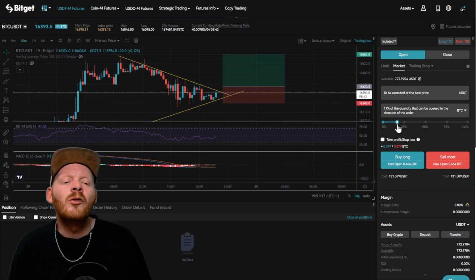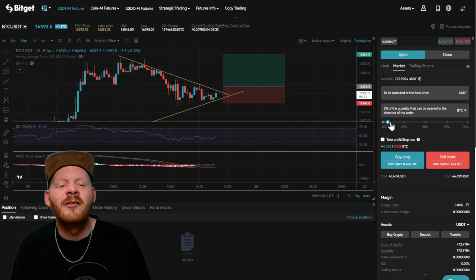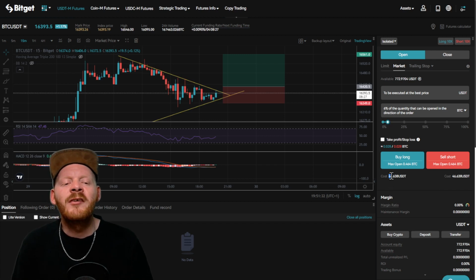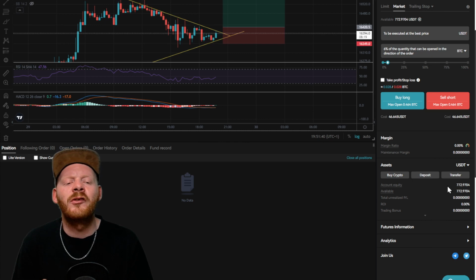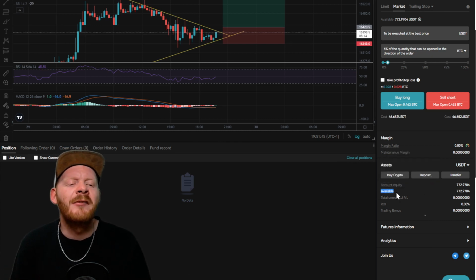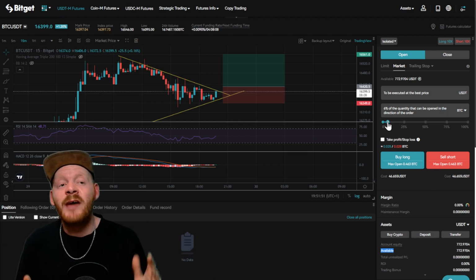So guys, here you can choose how much from your available balance you want to use for this trade. And here you can see the cost. If I would open 6% of the available assets, then the cost of the position would be $46. So guys, down here you can see your available equity. At the moment I have $772 on my futures account. So this is my available balance. So guys, let's open a trade, and I'm going to show you how you can place your take profit and